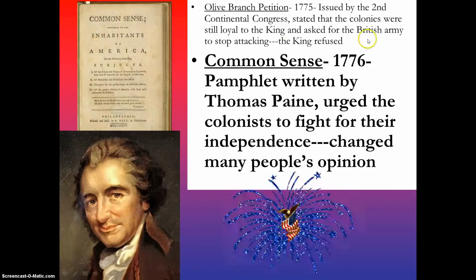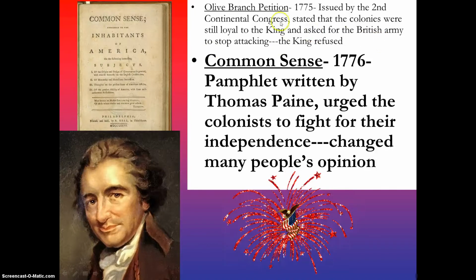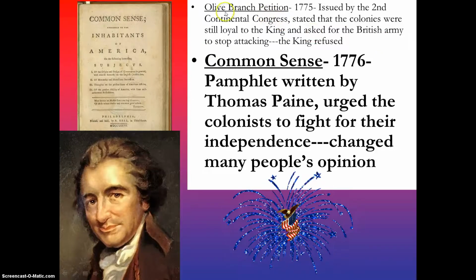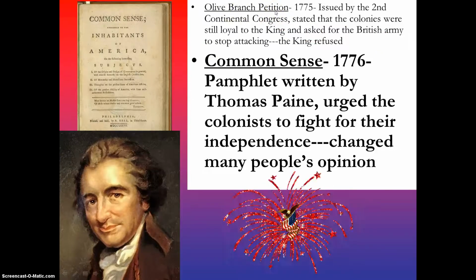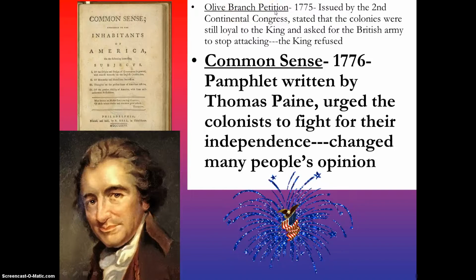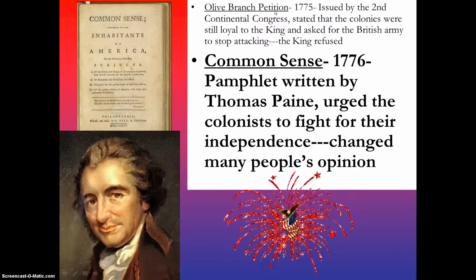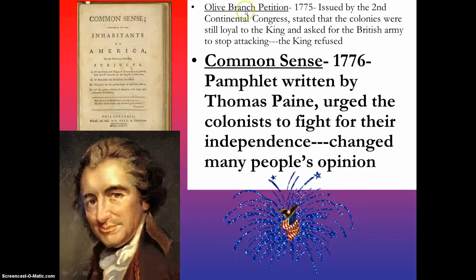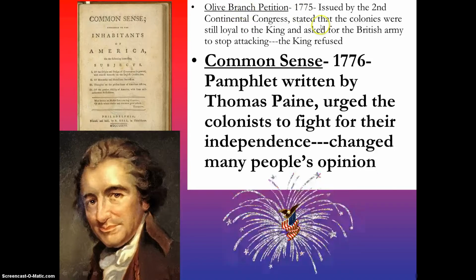Things are not going bad because now we're up to 3 battles. And so the Second Continental Congress issues this thing called the Olive Branch Petition. And so you know how certain things are symbols, like the eagle's the symbol of America, or the dove is a symbol of peace. Well, the olive branch is also a symbol of peace. And so they say